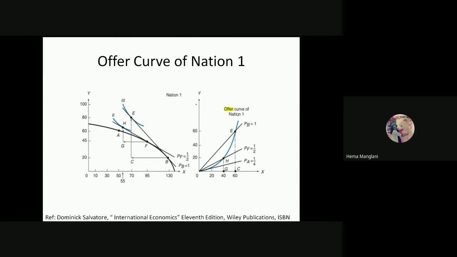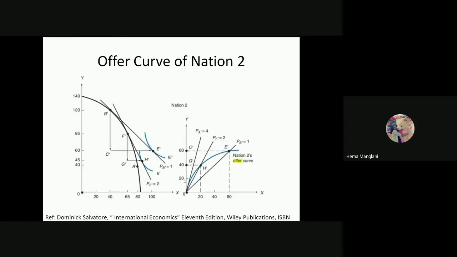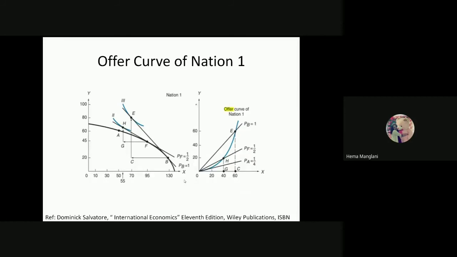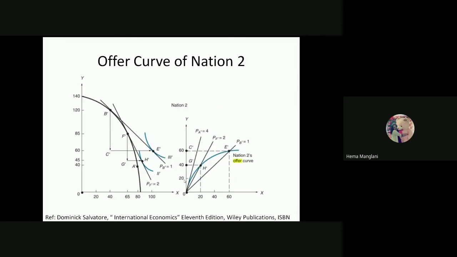Okay. So if it is asked in interviews or in competitive exams why the shape of the offer curve is like this, the answer is this only. Okay. Then we'll go for the offer curve for nation 2. The offer curve for nation 1, as we have seen, and this one is just the reverse of that. So similarly, we'll do the analysis for nation two.